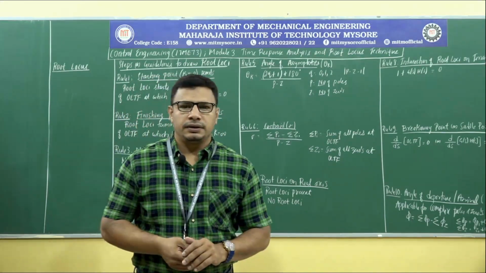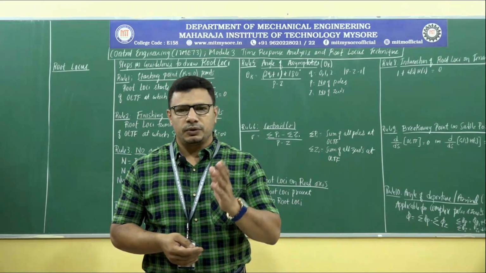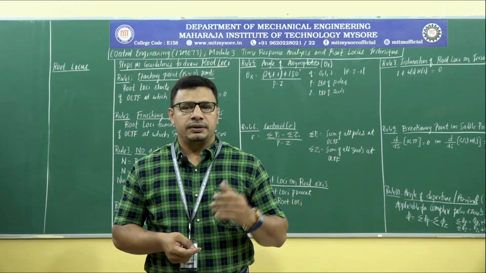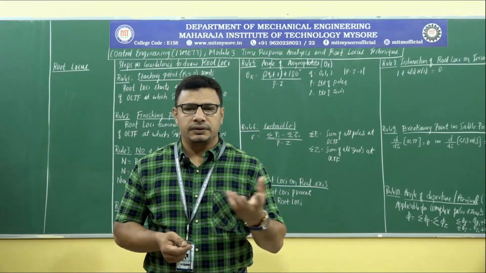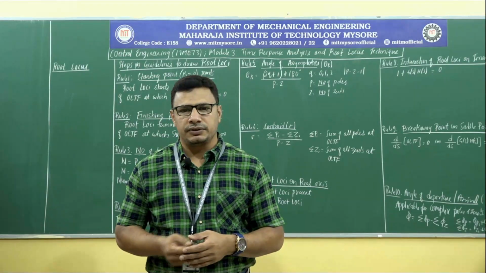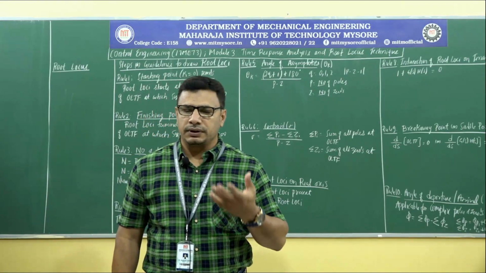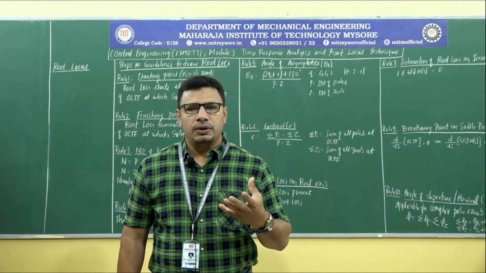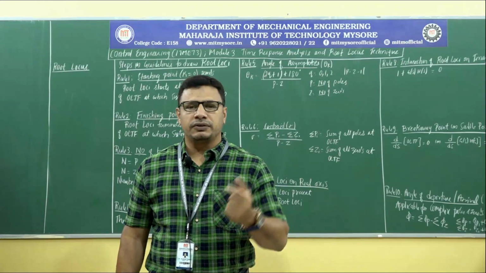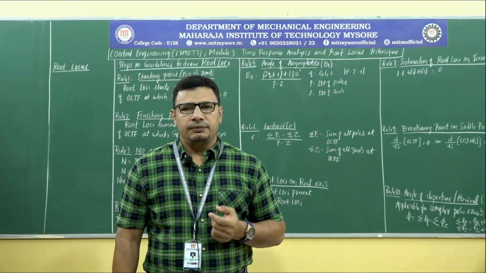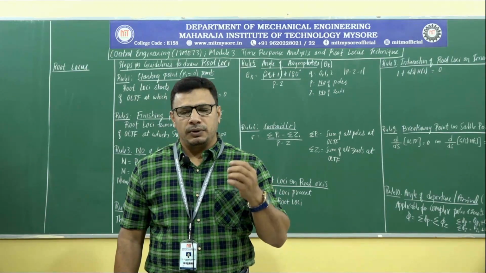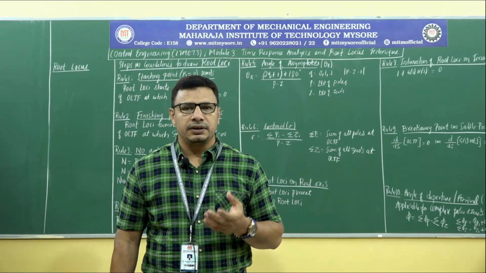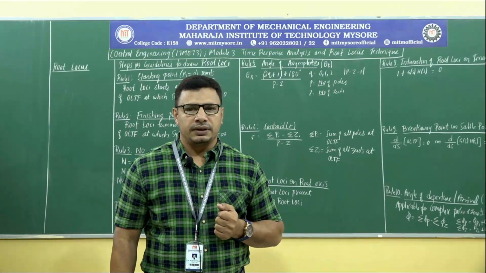So far in the subject of control engineering with the subject code of 17ME73, we have learned in all the previous sessions about what is a control system, what are the various types of control systems, what do you mean by control action, what are the various types of controllers available. And then we also got to know about how to mathematically model the functionality of a control system. And then we also went on to learn about obtaining the transfer function with the various techniques such as block diagram reduction technique or the signal flow graphs technique or so.